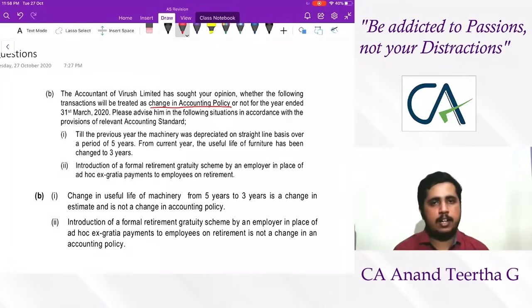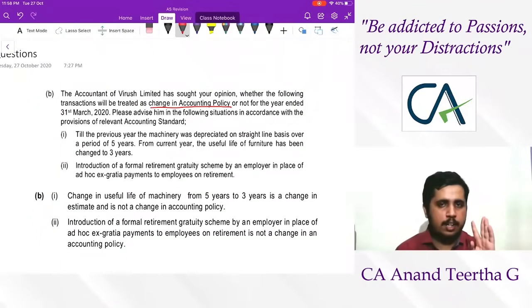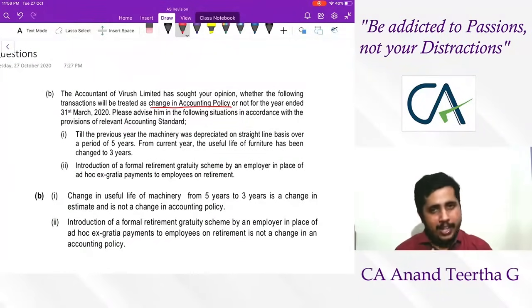Now, before I start, if any AS5 question is asked to you, it will revolve around these 5 points. Either ordinary, extraordinary, prior period, change in estimate, change in policy. So any question is asked, you have to analyze from these 5 points only. Ordinary, what is the nature? Normal. Extraordinary, do not occur in normal course. Prior period, mistake. Change in estimate, assumed in one way, changed to the other. Change in policy. So everything will revolve around these only.